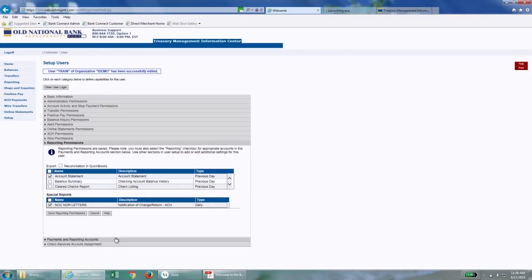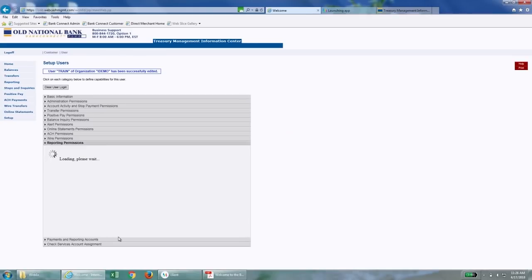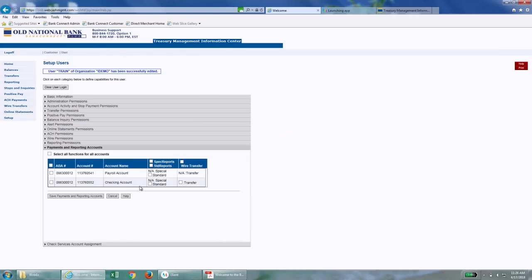Clicked a little too soon. And then Payments and Reporting Accounts. Under Payments and Reporting Accounts, this has to do with the account level for those reports. So you selected the reports here, but if you didn't want them to have access to the reports for a certain account, you wouldn't have to give it to them. But if you just click Standard, they'll have access to those reports. And this also has to do with wires. So any account that you have wire transfer set up for, you'll give them access on this page. So once you save that,